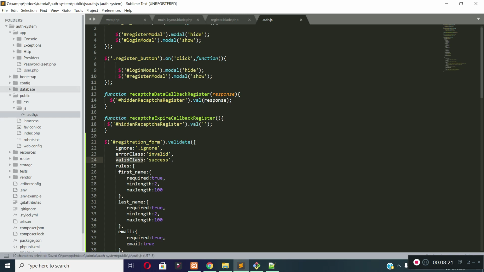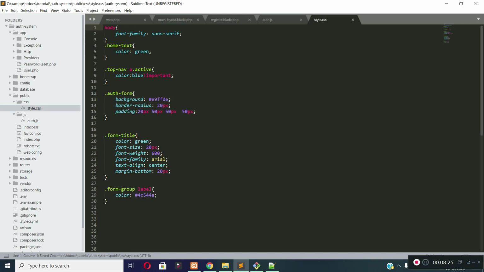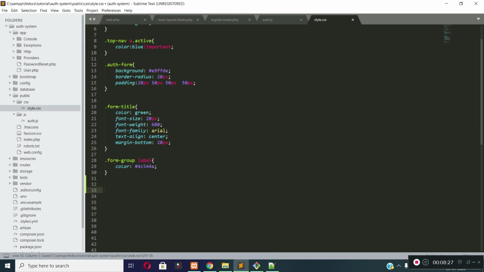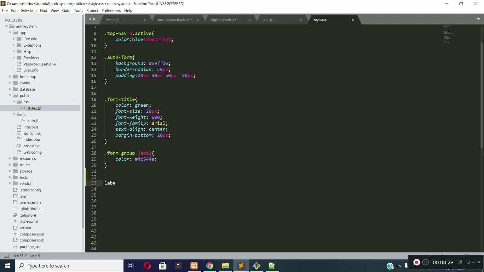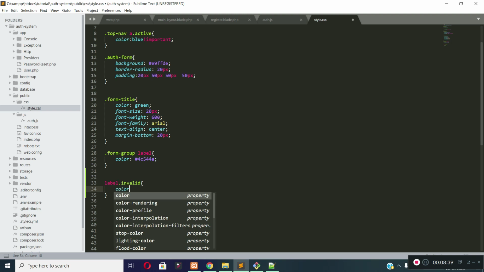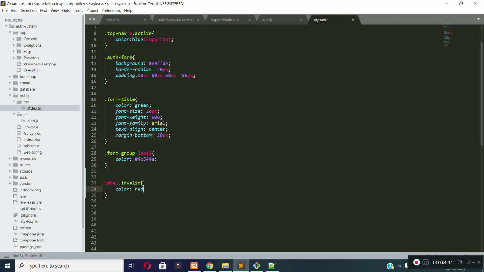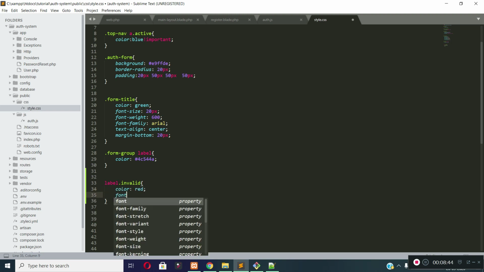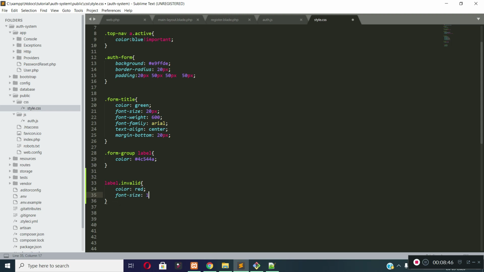Now let's open the style.css file, which is under public, then style.css. Now let's write label. Actually our validation message is coming inside the label tag. So label invalid, the color of the text will be red, and the font size of the text will be 13 pixel.